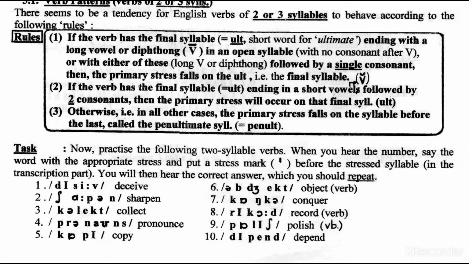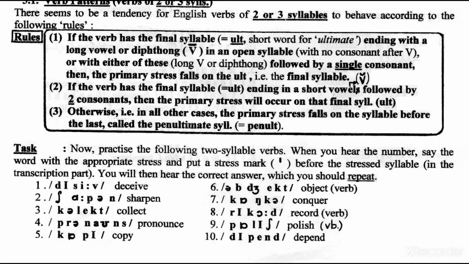What do we have here? Rule 1B says short vowel followed by 2 consonants. We have the short vowel A and the 2 consonants are K and T. That's why we place the stress on lect, on the alt. Next word, or next verb,